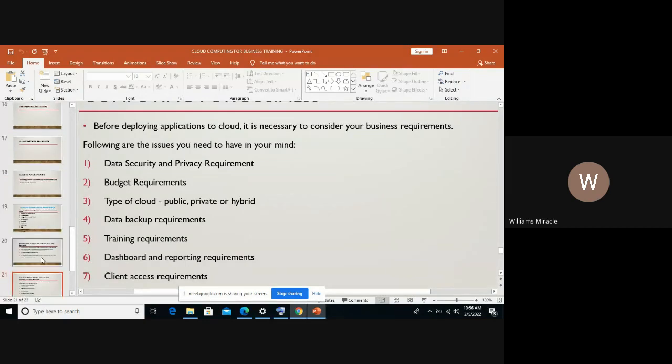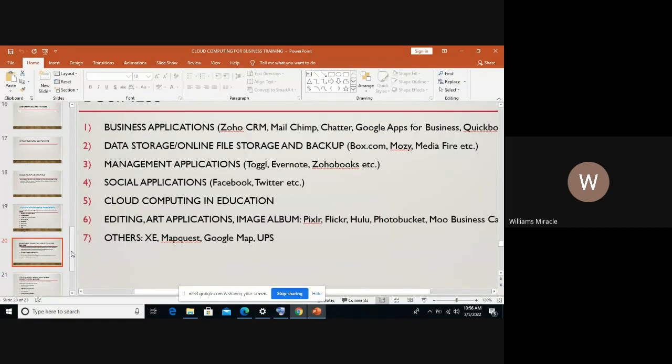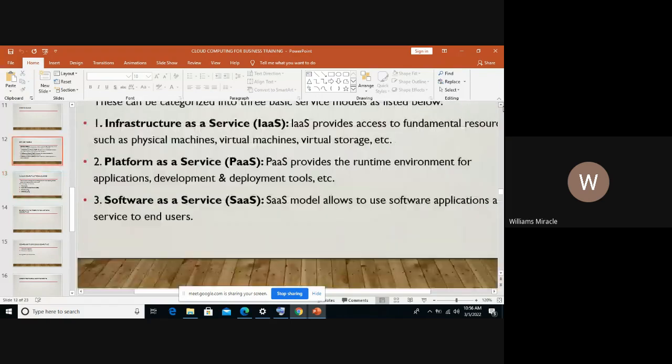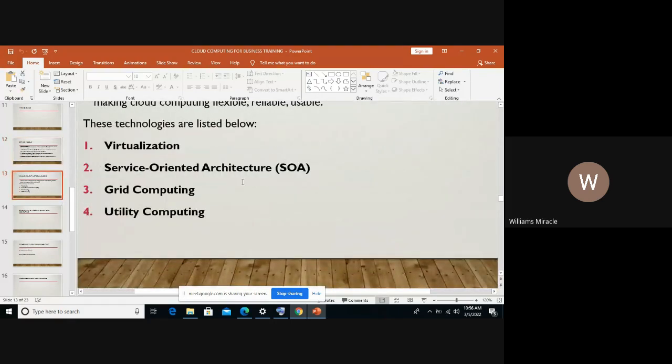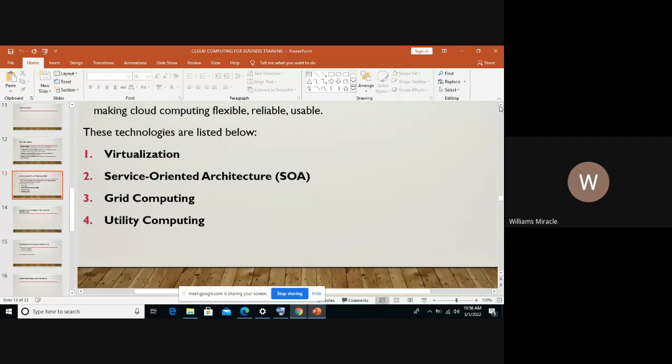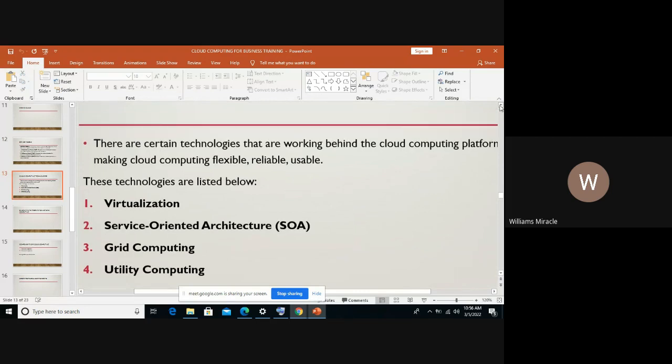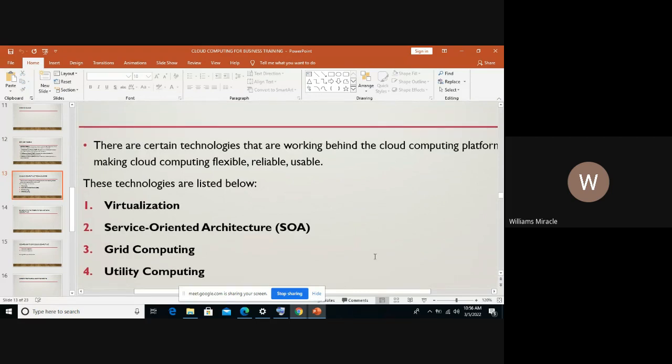Right now I want to go straight to the various cloud computing technologies, because it is very important that you understand each and every one of them. Right here on my screen, these are the various cloud computing technologies that we have. I believe you can see this. These technologies are what work behind the cloud computing platform.